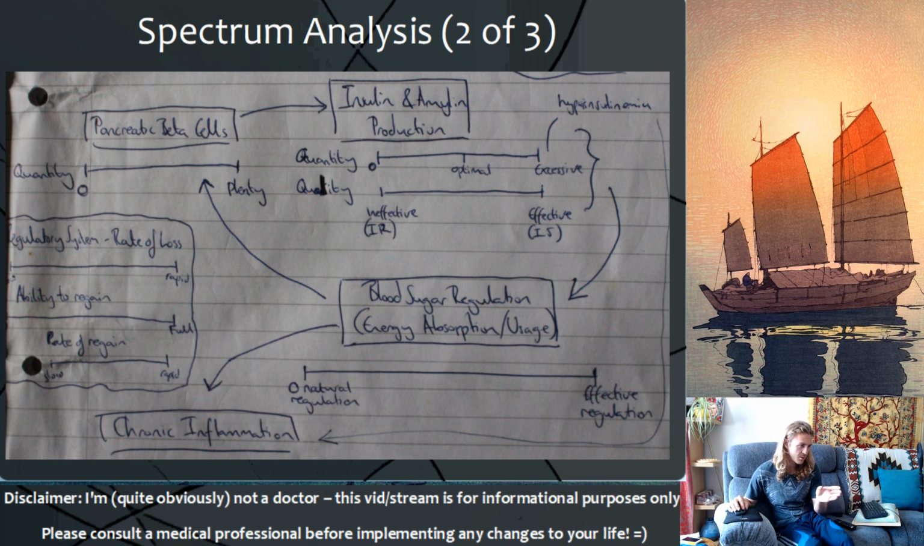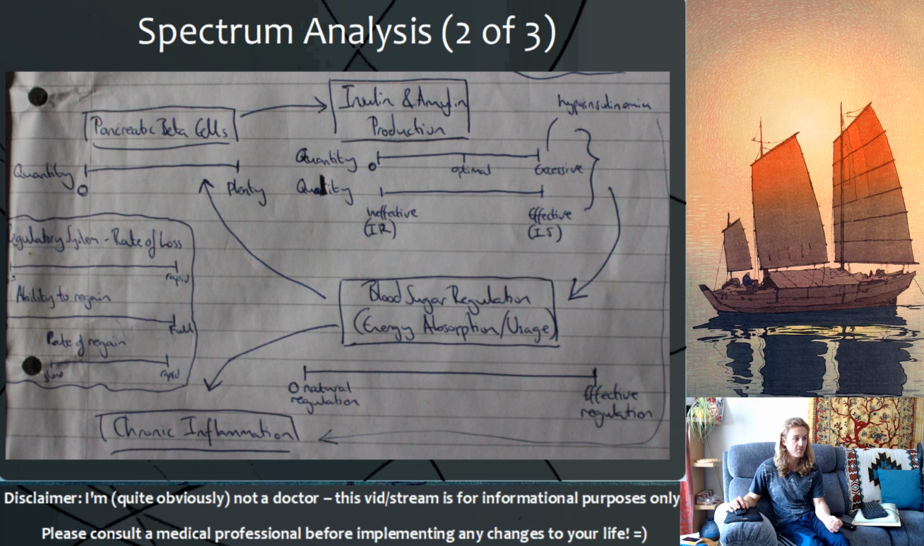The only thing that I want to really point out here is the bit on the left as well. So we've got the rate of loss of the regulatory system, our ability to regulate blood sugar. With type 1 diabetes, it tends to be very rapid. With type 2 diabetes, it tends to be very gradual. Our ability to regain our regulatory system, with type 1 diabetes, the only